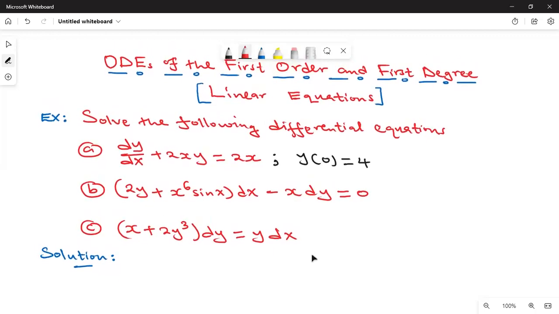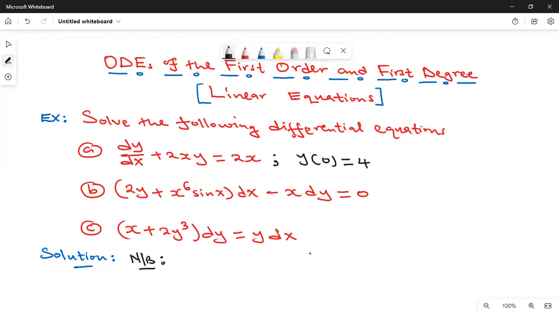So all these equations are linear ODEs of the first order and first degree. We need to see how to solve each of them. Now, even before we look at the solution of those equations, let me give you a general form of a linear ODE. So you can just write a note,